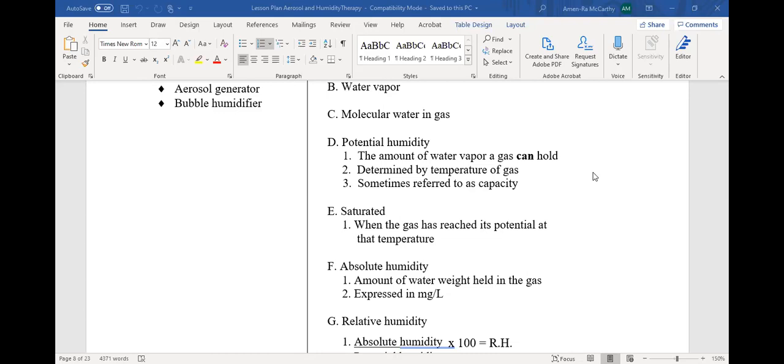The potential humidity is the amount of water vapor a gas can hold at a certain temperature. And if I said a gas has the potential to hold 44 milligrams of water at 37 degrees Celsius, then that is its potential, okay? At 37 degrees Celsius, it has the potential to hold 44. That don't mean it's holding it, but it has the potential to hold 44 milligrams of water. So if you test that water or that gas and it is holding that 44, then that gas is considered to be